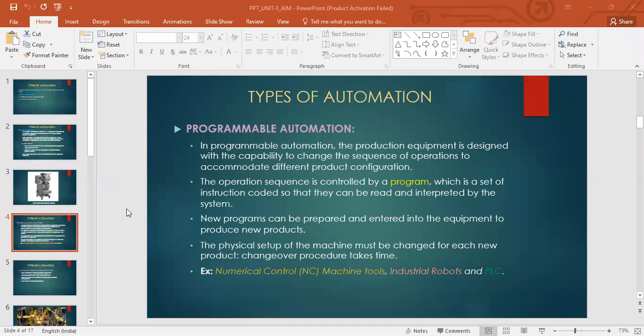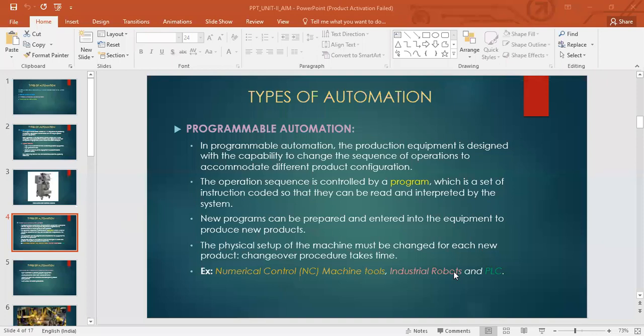Examples include your NC machines, right? We saw that in a CNC machine or an NC machine, we can have different products manufactured, because we are giving programs, CNC part programs. So we can change that program. You see why we can consider NC or CNC machines in the category of programmable automation, because we're able to change the program. The CNC will require a program to be input, and every time we give it a new program, it will take the program and execute it, a different product.